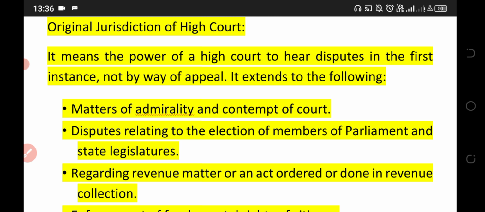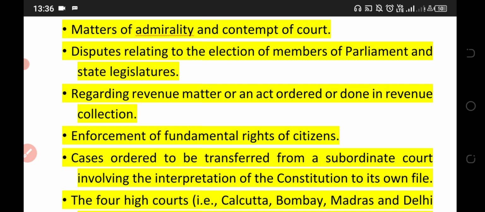का। सिंपल अर्थ है पावर ऑफ अ हाई कोर्ट टू हियर disputes in the first instance, not by way of appeal. It extends to the following: matters of admiralty and contempt of court; disputes relating to the election of the members of the parliament and state legislature; regarding revenue matter or an act, order, or thing done in revenue collection; enforcement of fundamental rights of citizens;